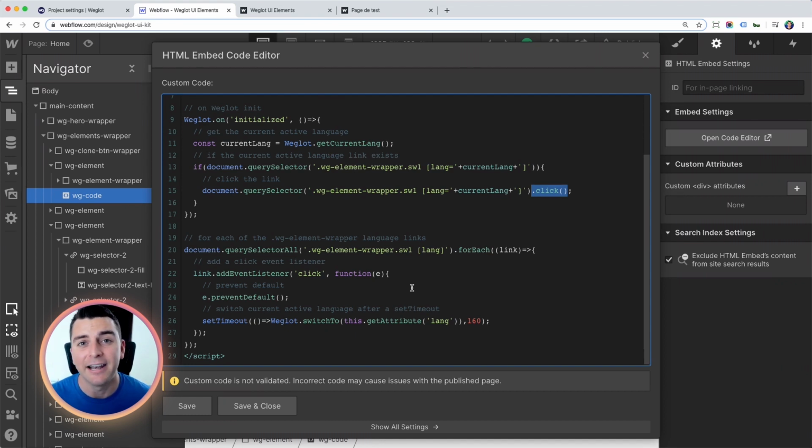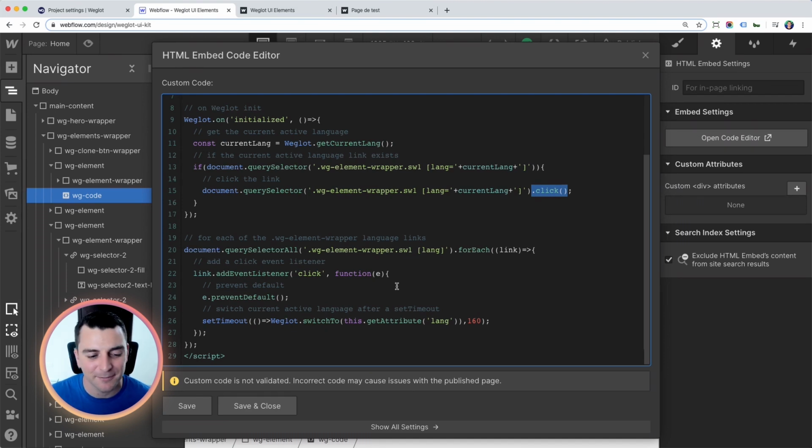You can add an href tag and you can put your link in and it's going to change the language for you. Because we're working with Webflow Interactions, we're moving to a data attribute based language switcher. So you saw in the previous part of this video that we're using lang equals DE for German, lang equals FR for French, and we're using that data attribute to change the language. This is making sure that that actually works. It's going to take that data attribute method that we created and make sure that we're actually changing to German